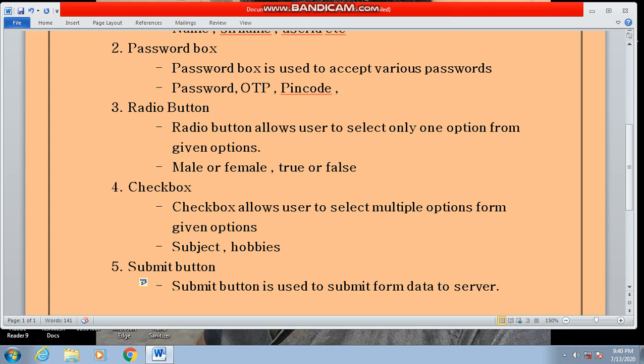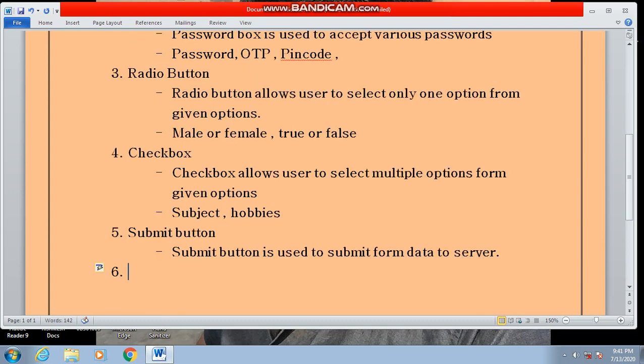As we know that we have to submit the offline form too, the online form is also submitted, and to submit the online form data to the server, the submit button is used. And last one, a reset button.